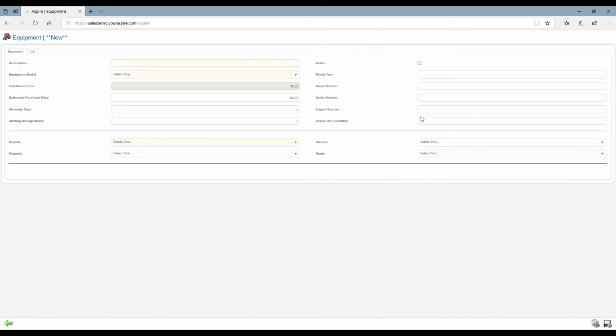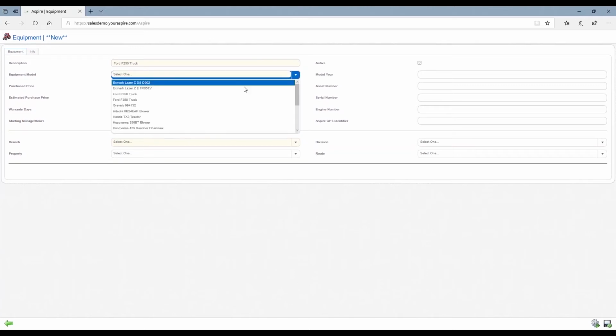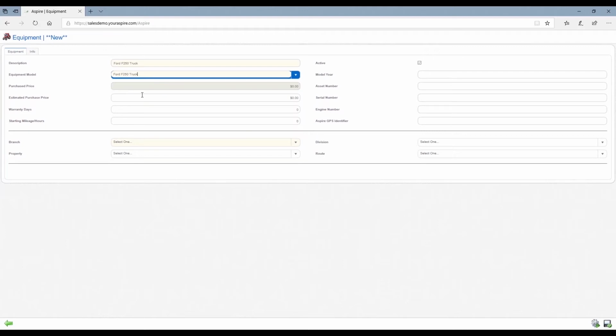This brings up a new piece of equipment page, and I easily begin by adding in the information. So we'll say that we're going to add in a new Ford truck. I add it to my model as a Ford F-250 truck. And I can fill in all sorts of information that's important here. So the estimated purchase price, that's because I don't have it purchased yet. So it's an estimate, warranty days, starting mileage,